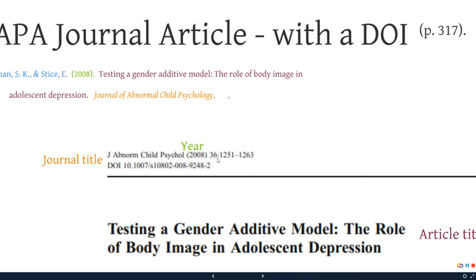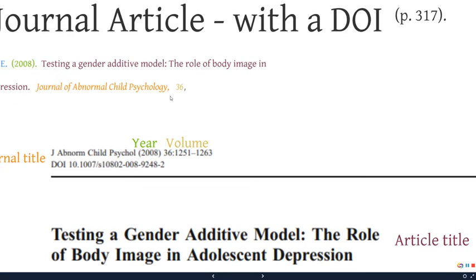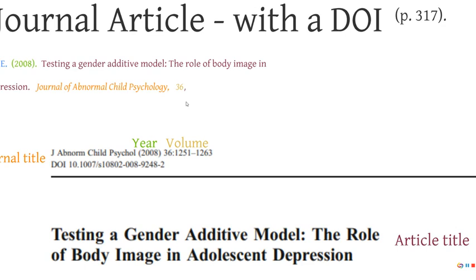And that is also going to be italicized. So we put a comma, the volume number, italicize that, and follow that with a comma. Now, APA's rules for APA 7th are a little bit different if you've used APA 6 before. So the main change here is if you have only a volume number, just put the volume number. If you have a volume number and an issue number, you can put the volume and the issue number. I'll show you an example on the next example